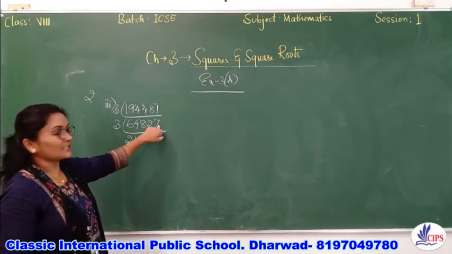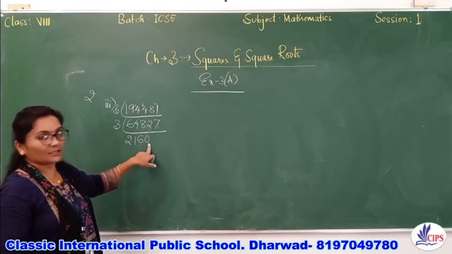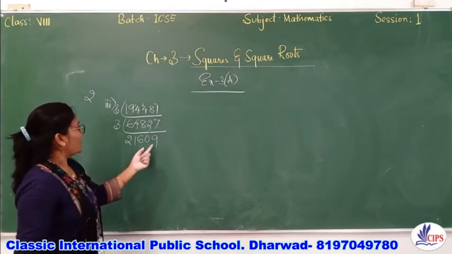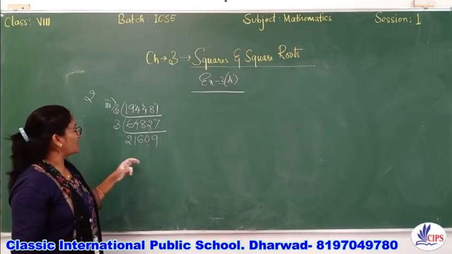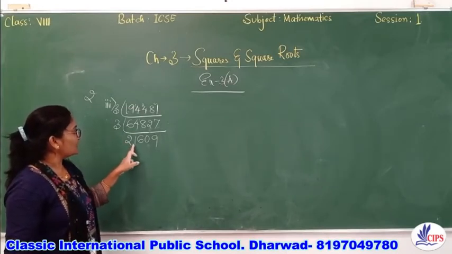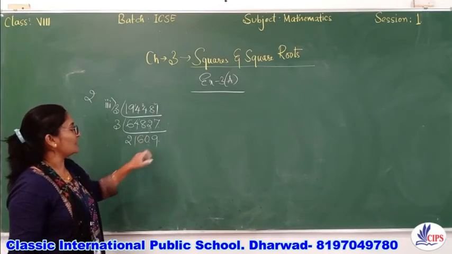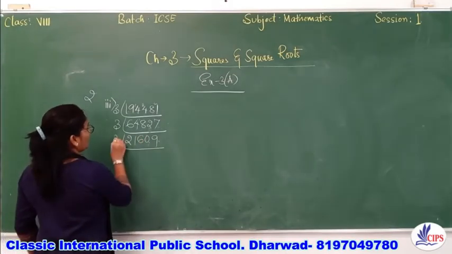So we'll take this 27 together. For that, I have written here 0. Now, 3 9s are 27. Now, we'll check whether it's divisible by 3 again. So 2 plus 1 is 3. 3 plus 6 is 9. And 9 plus 0 is 9 again. 9 plus 9 is 18. So start dividing with 3 again.